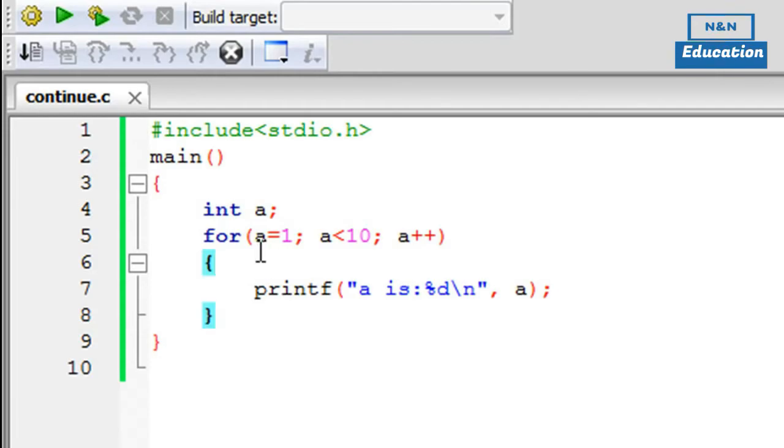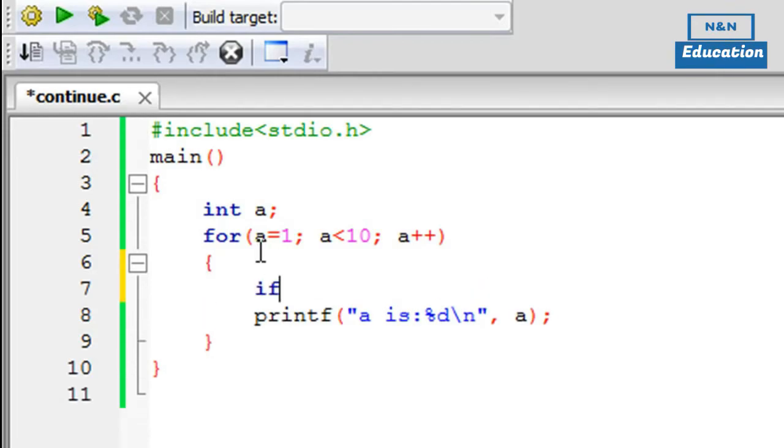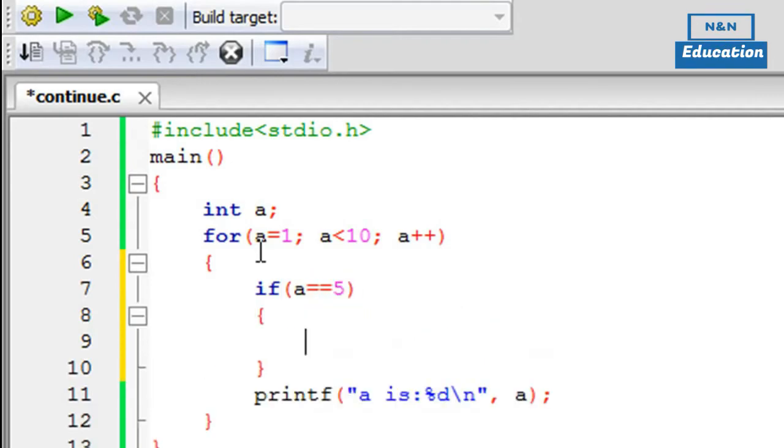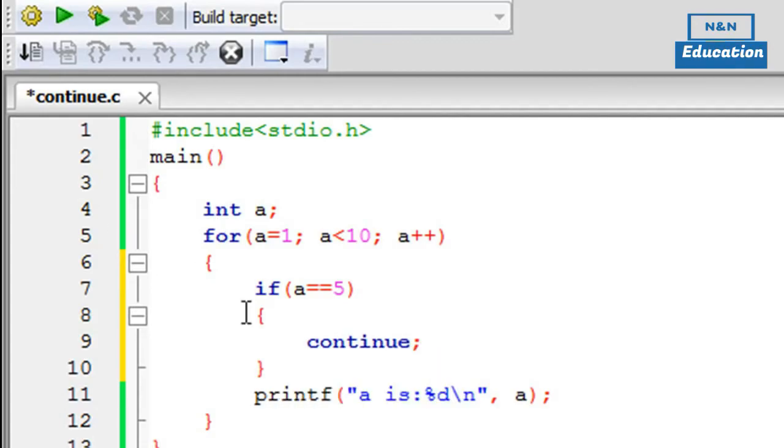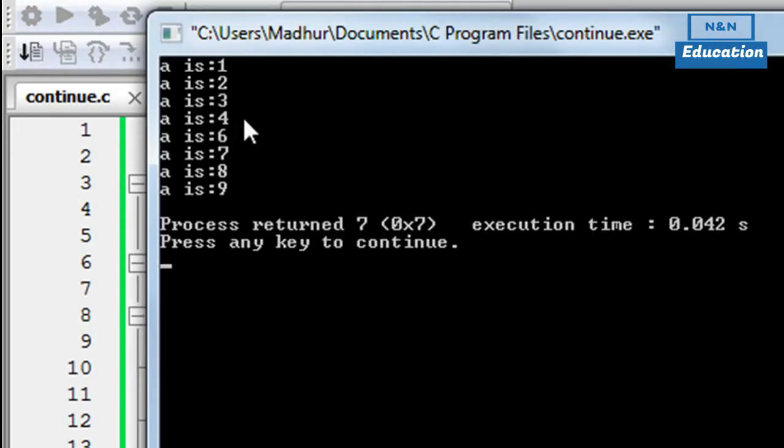So what I'm going to do is have an if statement, of course, and check whether the value of a is 5 or not. But instead of using break, I'm going to type in continue and then put in a semicolon. So the syntax is similar to that of break. You just have to type in the keyword continue and put a semicolon at the end, and this will do it. So I save the file, and when I click on build and run,